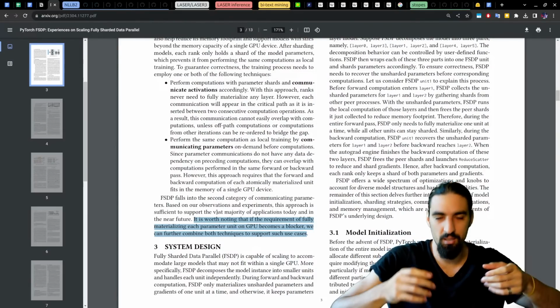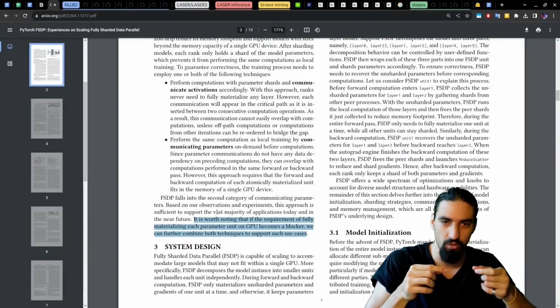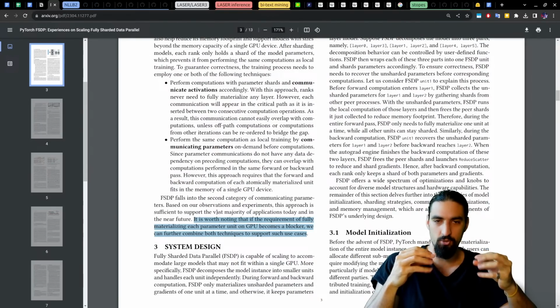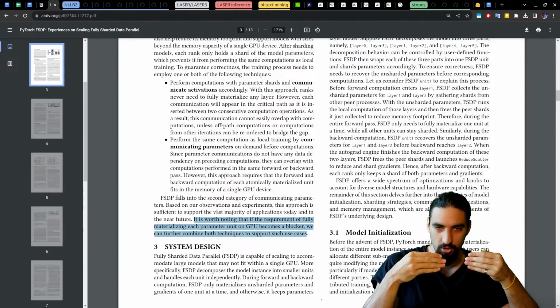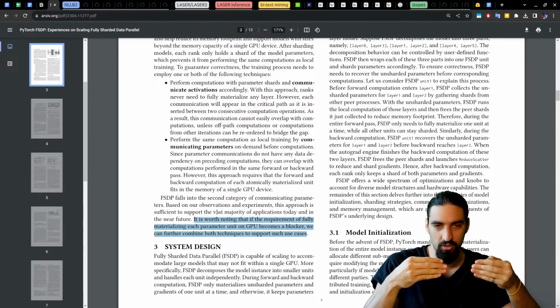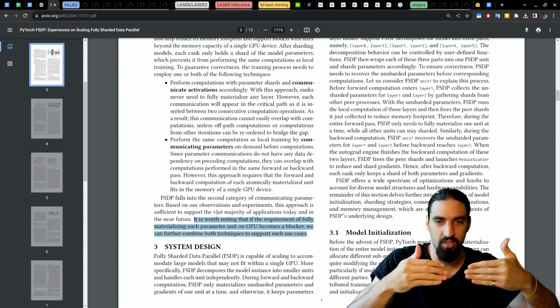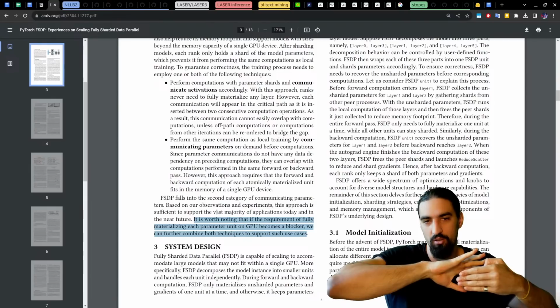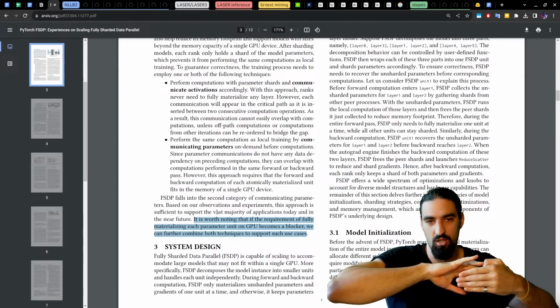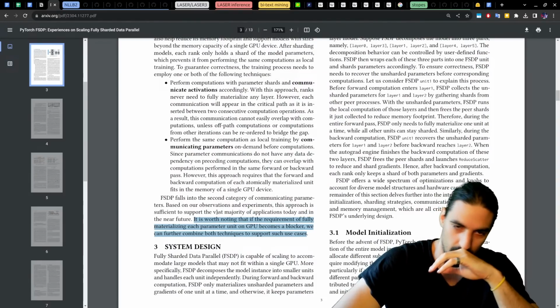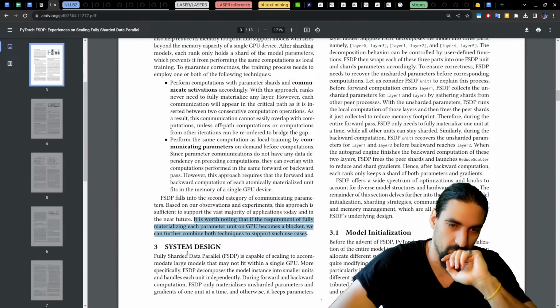Imagine you have layer 1, which you already have unsharded, so you have all of the parameters on your device for that layer. You start doing the computation, and in parallel you can start communicating the shards for the next layer. Once you get to the next layer, you free up the previous layer's redundant shards, and you start computing here. So that's what I mean by the overlap between communication and computation.